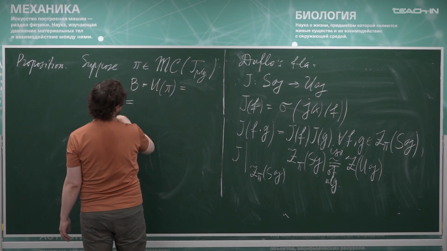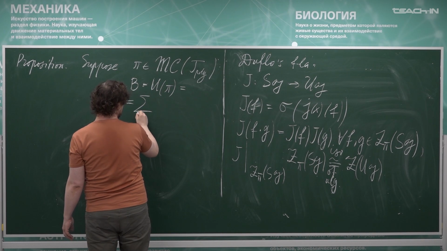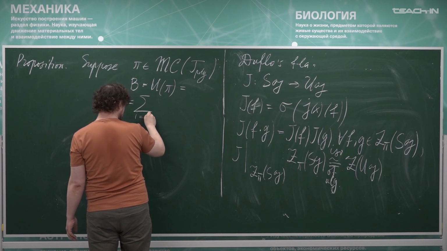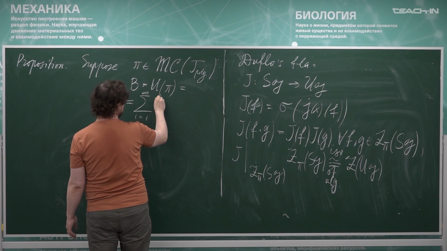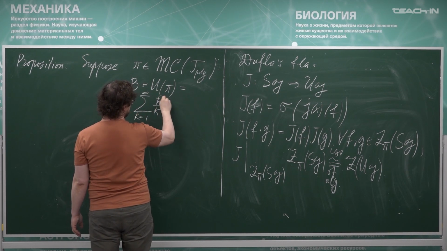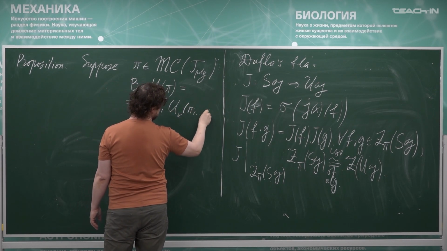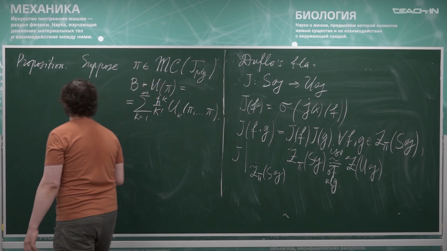Let me recall that this is given by the formal power series, the sum over k from 1 to infinity of 1 over k factorial, h bar to the power k, U_k of pi, pi, ..., pi. Then